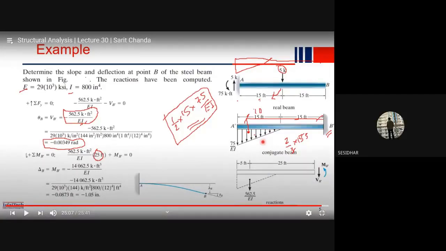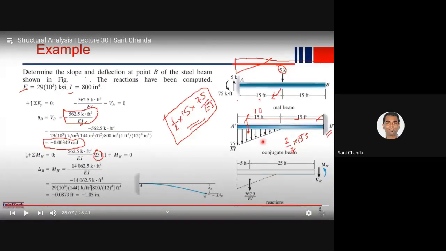So that method I need to learn again, sir. That old video I need to watch. So in this method, what are you getting? Sir, we'll draw the bending moment, then we'll draw the M by EI diagram. And after drawing it, we'll find